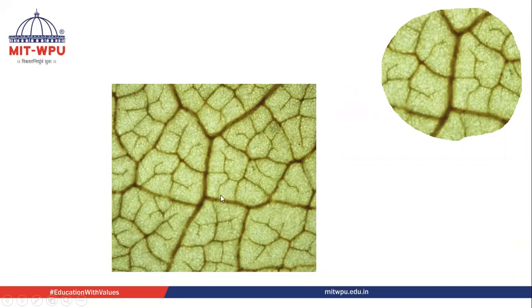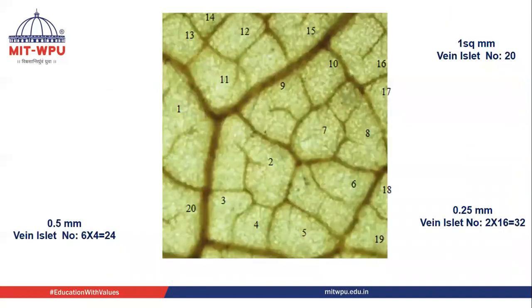I have drawn this structure, whatever veins I saw under the microscope, with the help of a white pencil on black paper. Here you can see that this is an islet. This is a closed islet, as I mentioned, it is a closed structure. If we see a vein that is not attached to any other place, it is not closed, it is open here. So this is the one islet.